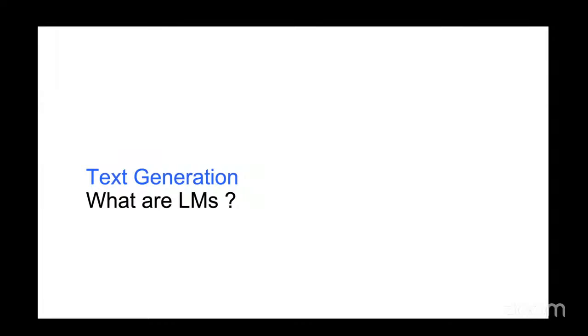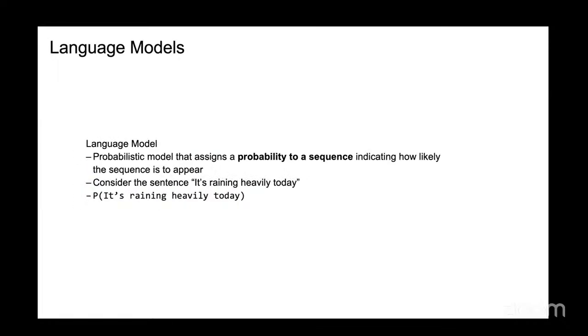In this lecture, we would particularly look at how text generation models have evolved, where they started, what the initial set of models used for text generation were, how they evolved, where we are now, and how we build an intuitive understanding of how the larger language models of today are trained. Whenever you say a language model, it just means a model which assigns a probability to a given sequence. For instance, consider the sentence, it's raining heavily today.